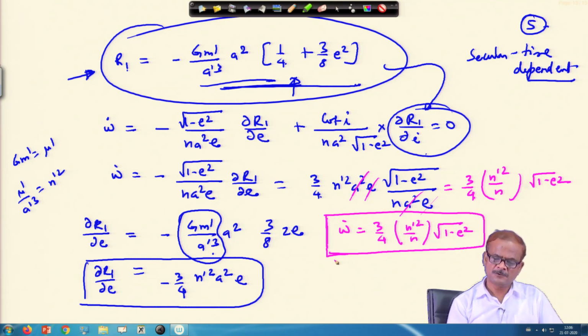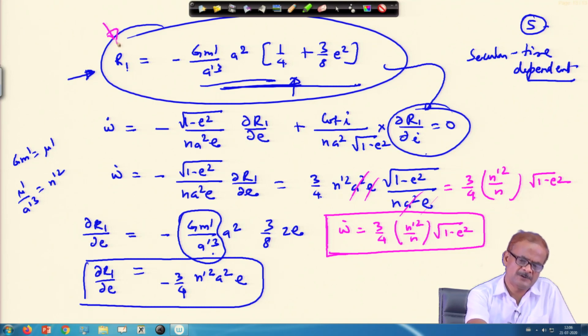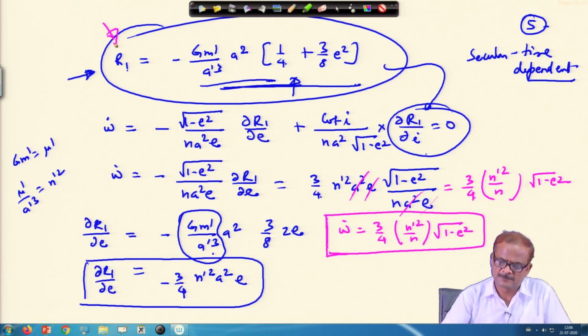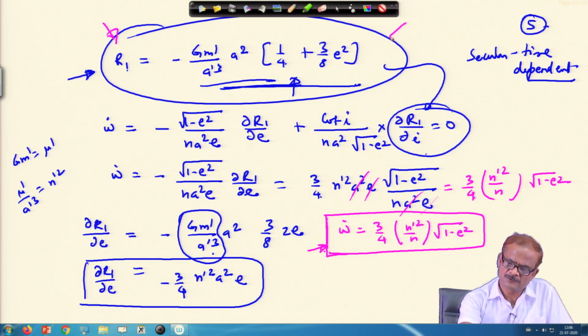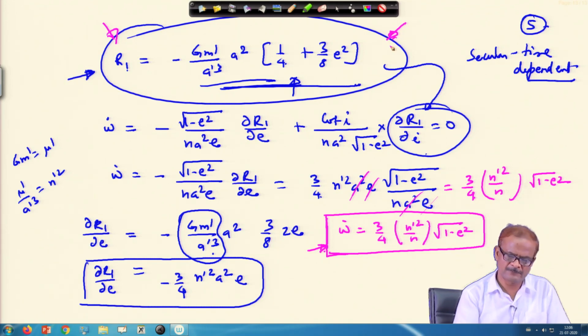So, this gives you the rate at which the periapsis of the moon will move because of this term only, okay, not all the terms. So, if you try to match the result with the moon's perigee movement, you won't be able to, because the moon's perigee movement will involve the effect of all the terms, while here this is giving just the effect of this term, which we call the secular term, which is a constant term appearing here.